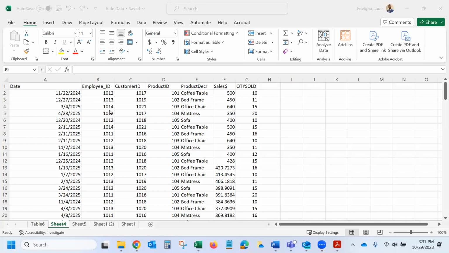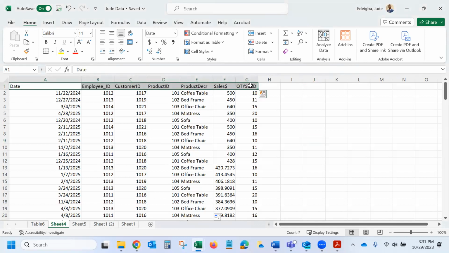Hello, this video is to show you how to create a filter on your data. To do that, you simply highlight the first row. And if you have huge data, it's not recommended to highlight all the data manually because that will take you some time. So what I would typically do, when I highlight this first row, you could see from here,